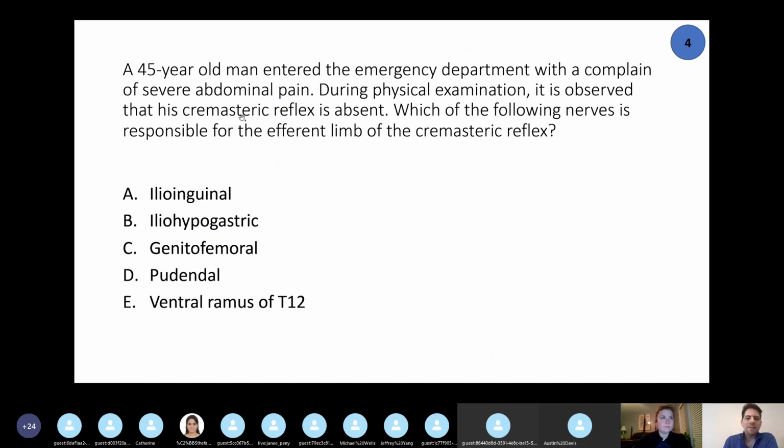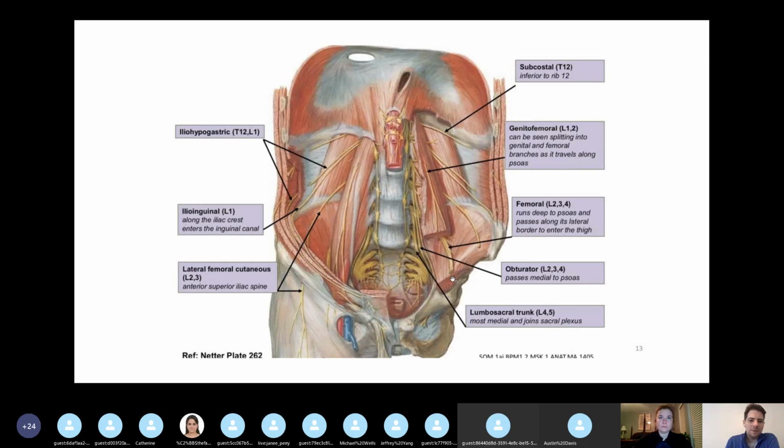So we're talking about the cremasteric reflex, right? So we're basically asking, what is the motor limb to that? There's an afferent and an efferent branch. So when we're talking about the motor aspect of this reflex, we're talking about the genital branch of the genitofemoral